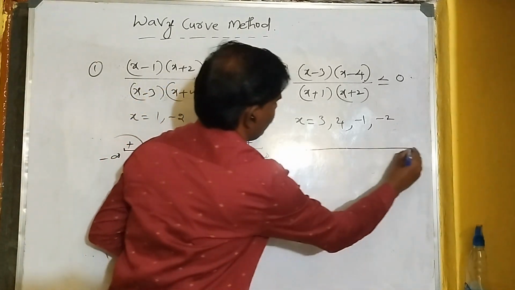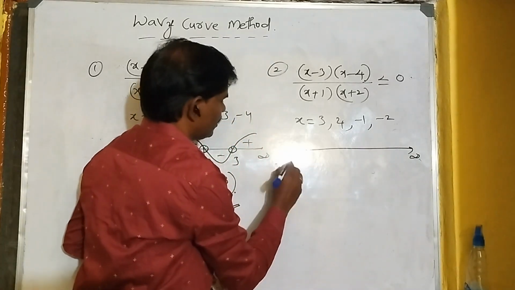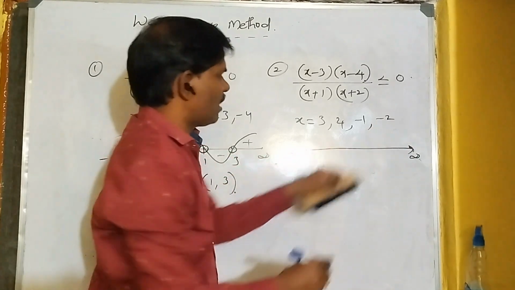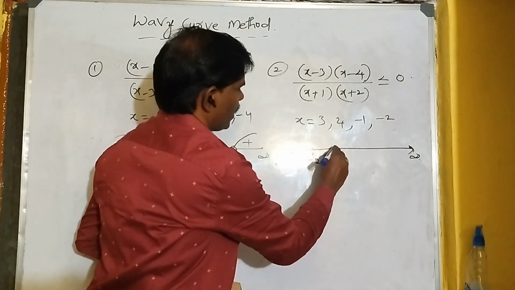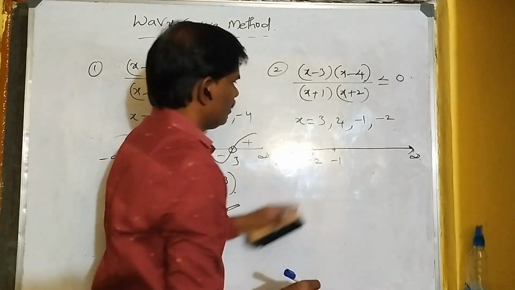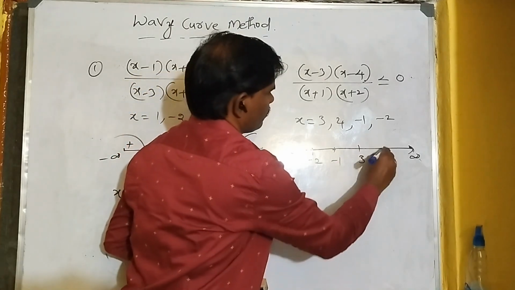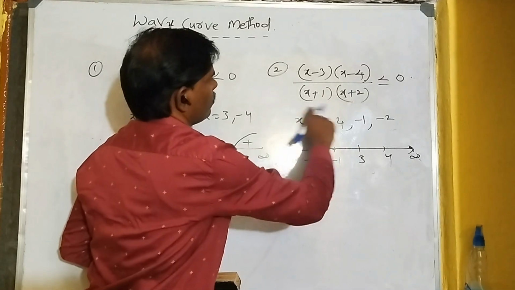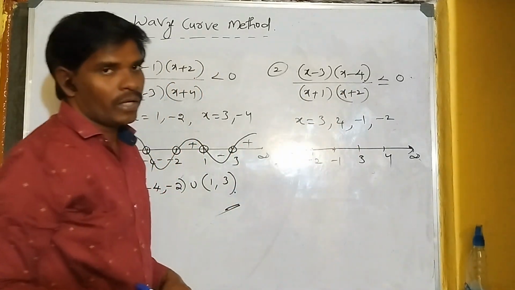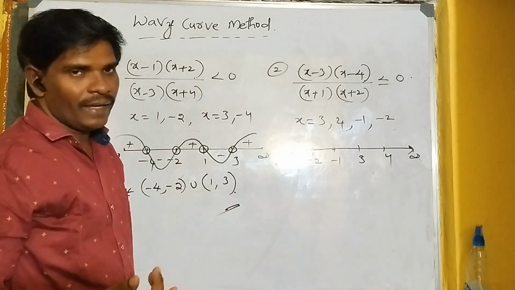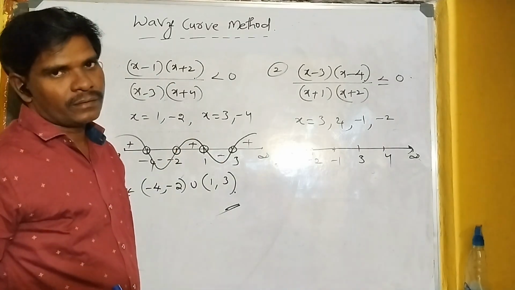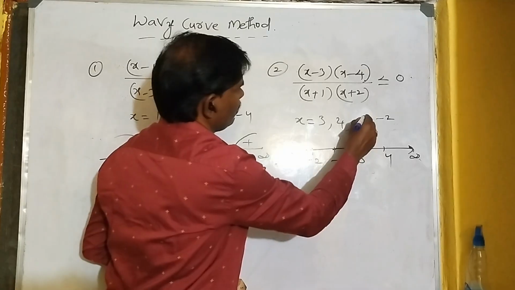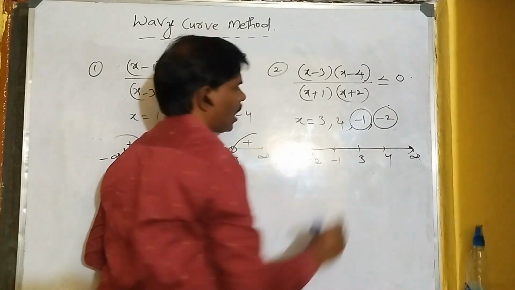Okay, draw the number line. This is a number line, plus infinity, this is minus infinity. What is the least value? Equal to -2. This is the -1. Next one is equal to 3. Next one equal to 4. This is the less than or equal to. This is not equal to 0. Downside also not equal to 0. Okay, not equal to 0 means not including part. What are the not including parts? -1 and -2 not included.